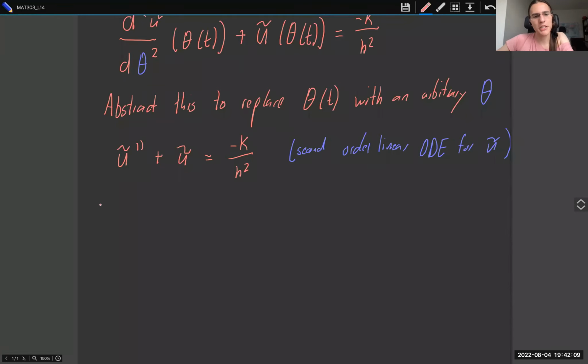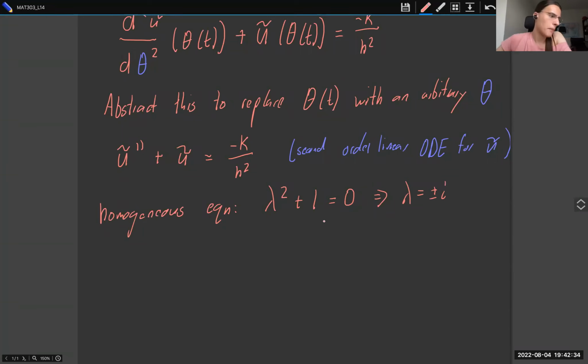Now, for the homogeneous equation, what we get is that lambda squared plus 1 is equal to 0. So lambda is equal to plus or minus i. And how we are going to do this is that we're going to say that the solution, therefore, is u tilde, this is to the homogeneous part, is equal to, and instead of writing it as sine and cosine, we're going to write,